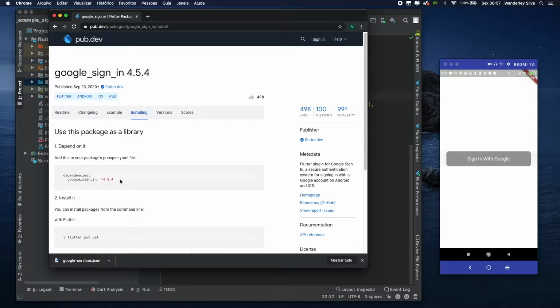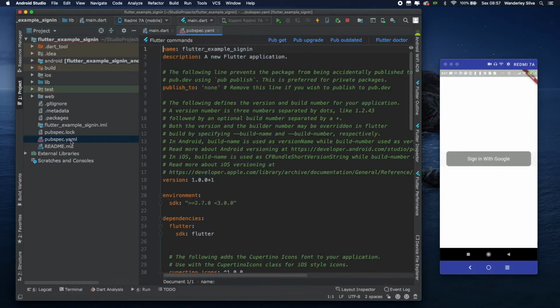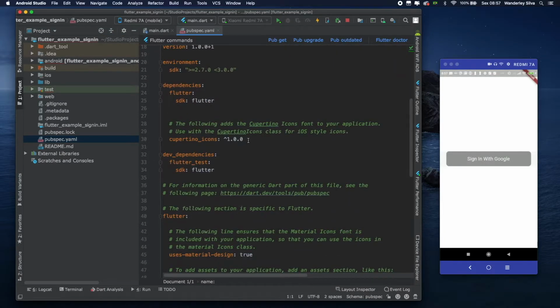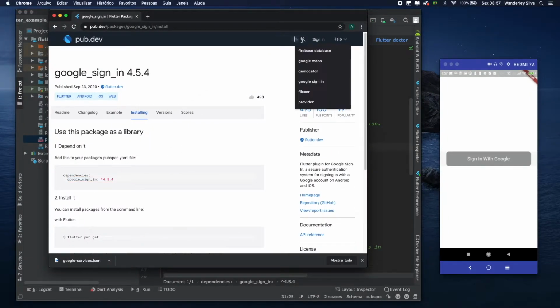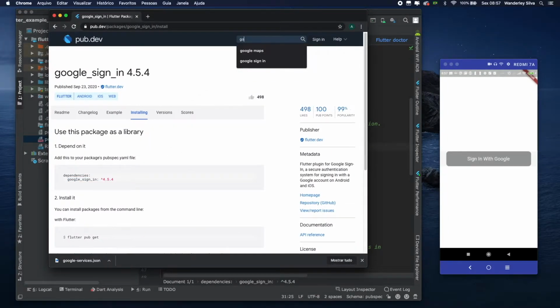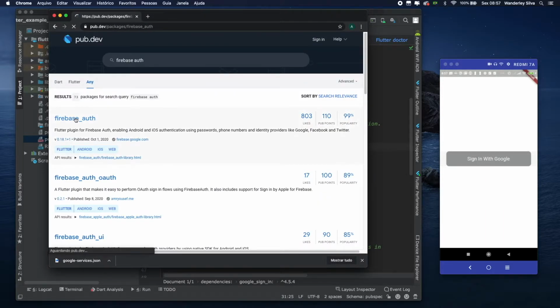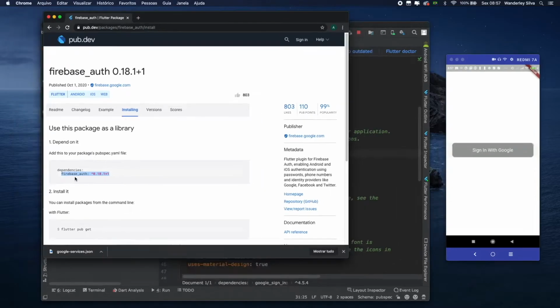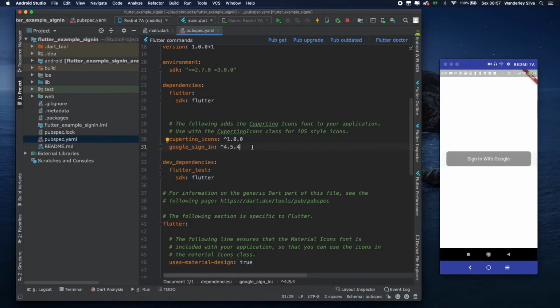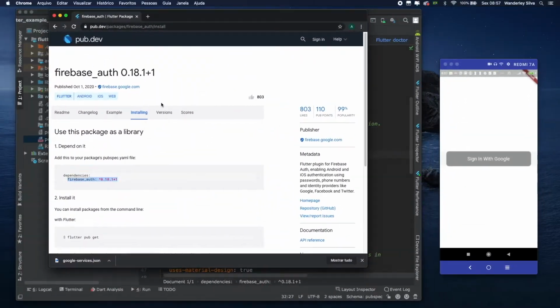Let's click on install, copy this, go to pubspec.yaml, paste down here. We need also Google Firebase, Firebase Auth. Let's get this one. Let's copy this, let's paste down here, and